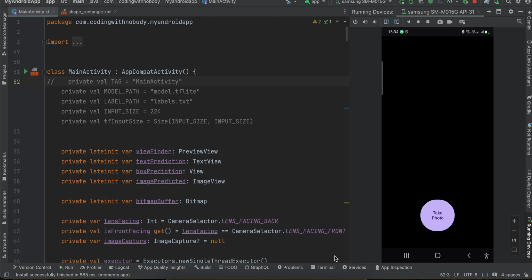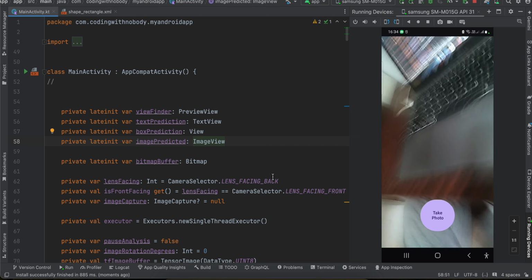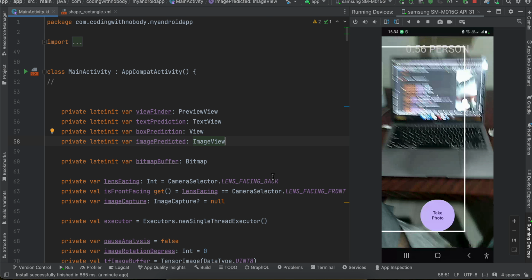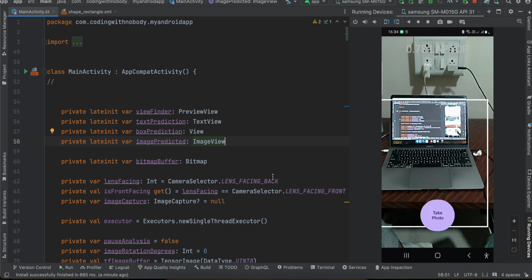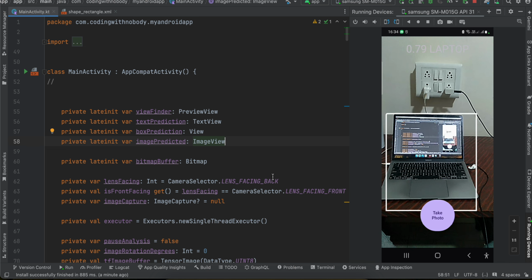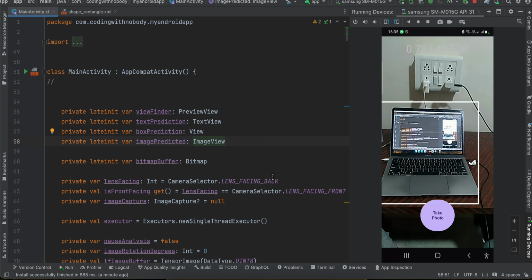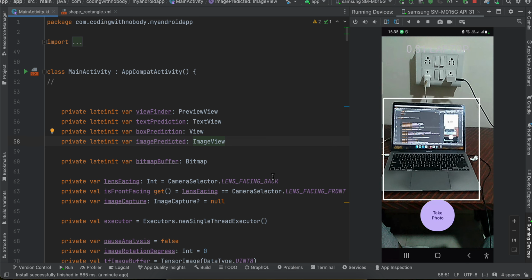In this video I will show you how to do object detection using TensorFlowLite with CameraX. So let's get started. Firstly, I will show you guys the output. Here is my real device running, and if I move it in front of my laptop, you can see, I'm not sure if it is visible to you or not because the background is also white, but at the very top you can see that it is displaying some number along with whatever object it has